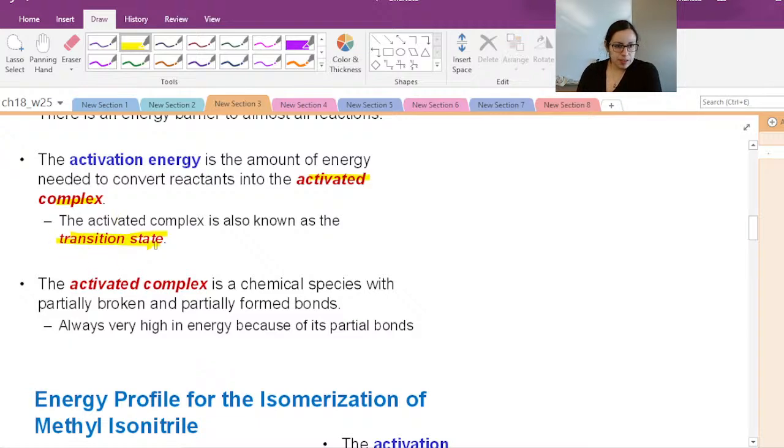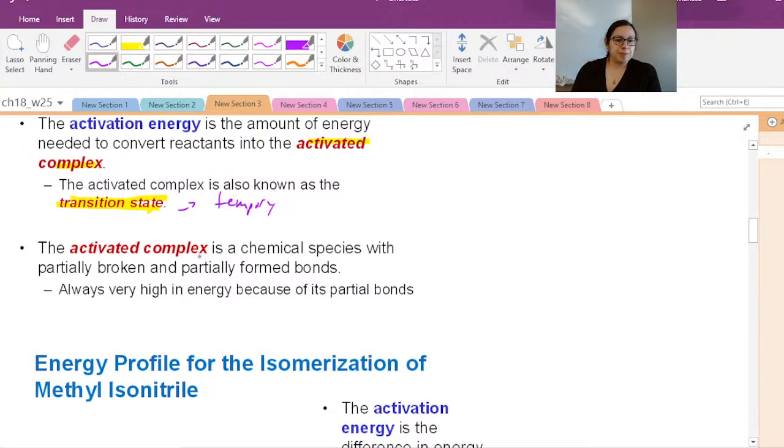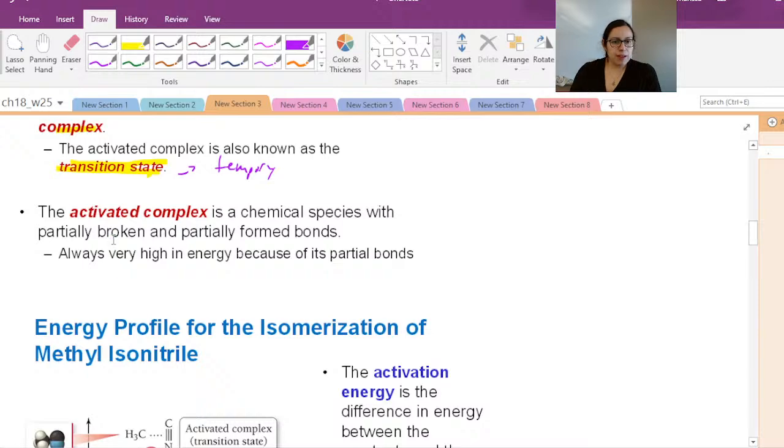And so this is kind of differences in our vocabulary. Our transition state is just temporary, and it may not even really exist as an isolatable compound. So it's questionable whether you can see this or not. Again, it's very situation dependent whether you can detect it or not. And then, our activated complex, part of why it's temporary and we call this the transition state is that it would be like the state where you're partially breaking and forming bonds.